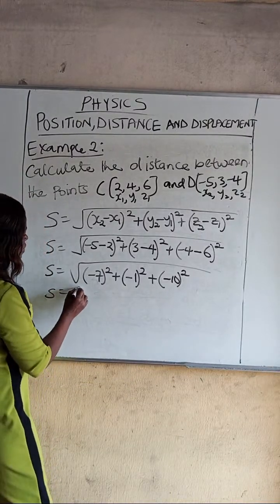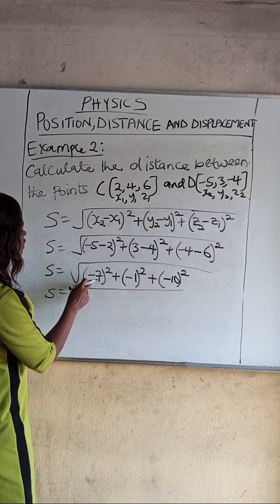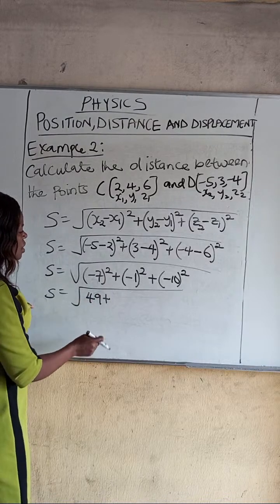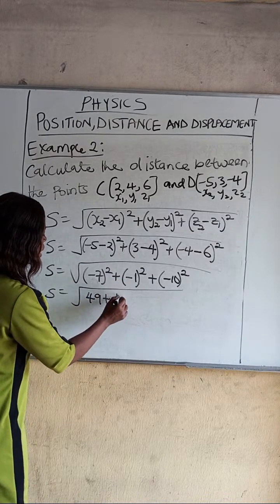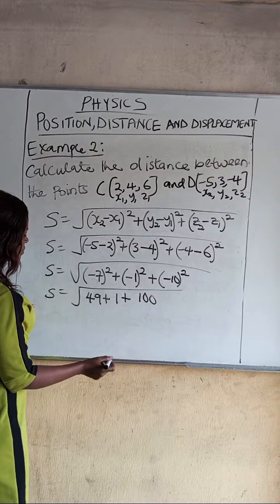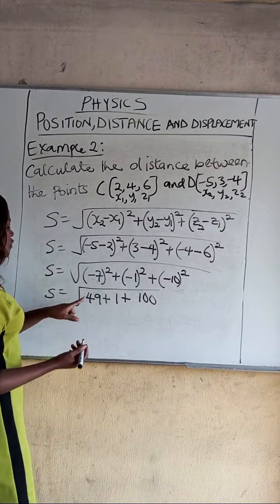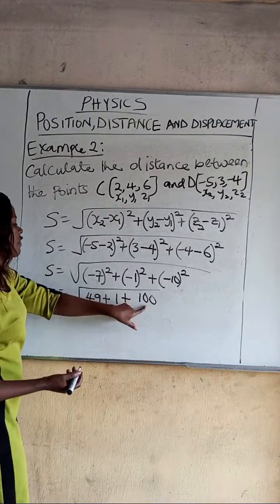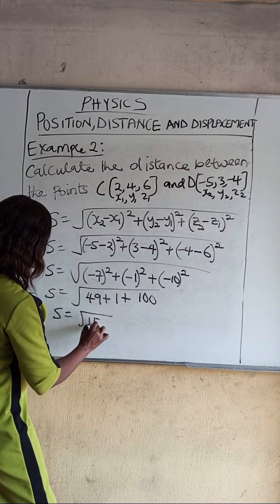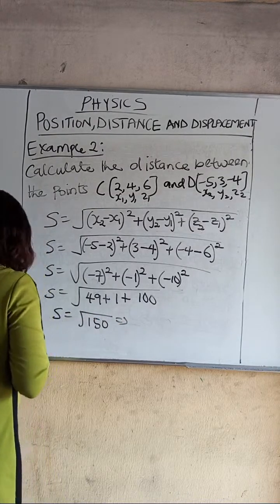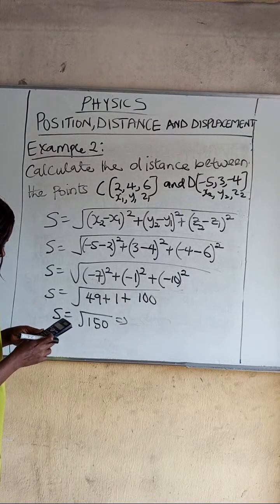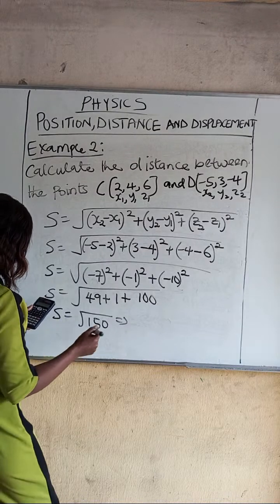All right? So this is root of: -7 squared gives me 49, plus -1 squared gives me 1, plus -10 squared gives me 100. Now I have to add them together. 49 plus 1 is 50. 50 plus 100 is 150. So I have X is equal to root of 150. Okay? With the help of a calculator, root 150 is equal to